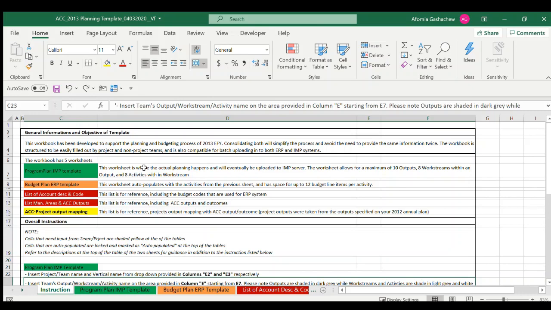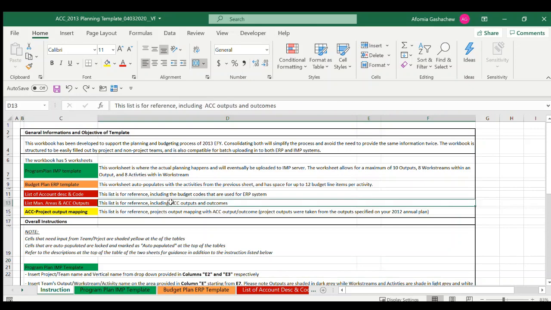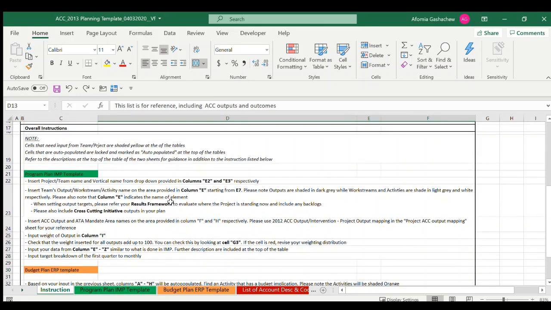The last worksheet is the ACC project output mapping. This is based on the previous planning, which is the 2012 planning, where we have mapped each project output with ACC output and outcome for your reference, so that it can help you to map each project output with its counter ACC output or outcome. So please make sure to go through the instruction sheet, so that we can avoid